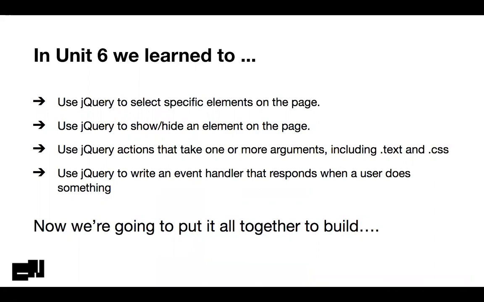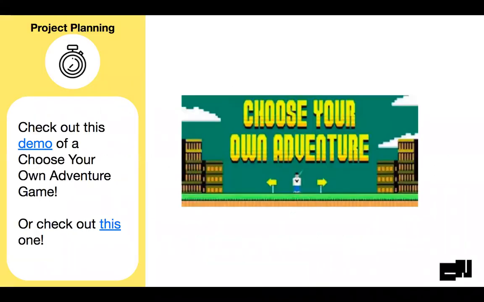You've used jQuery to show and hide an element on the page. You've used jQuery to take one or more arguments, including .text and .css, and you use jQuery to write event handlers that respond when a user does something. You've done so much, and we're going to put this together all to build an interactive choose your own adventure